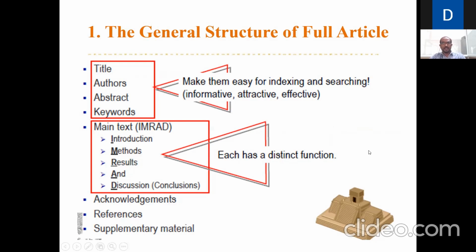Why we provide the keywords is that the editor may not be in the same domain. He may be a mechanical person also, right? It depends on the journal and the editors they have. But the reviewer should be in your field. So to select that reviewer, they can use these keywords.